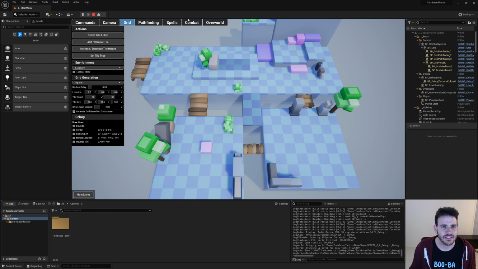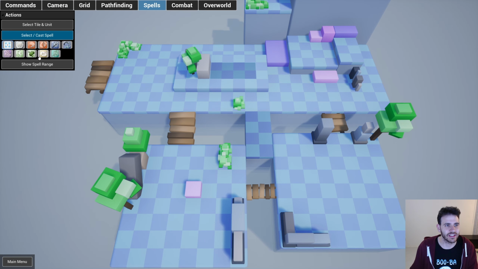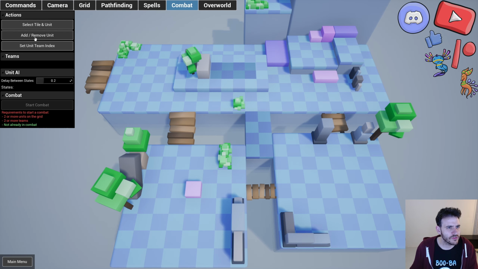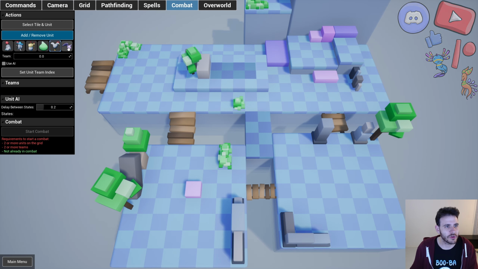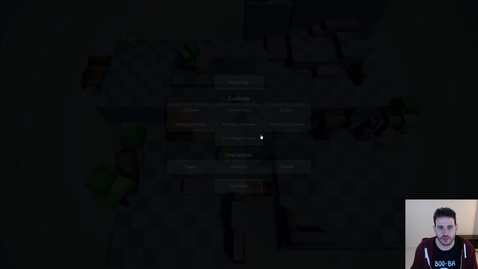And the other thing is inside the spells, I think. If I try to cast a spell, yeah, you can see that the buttons are pretty ugly. The buttons are not great here, so we have to fix that. I'm not sure if the units button, no, the units buttons are pretty nice. So that's good. Okay, I'm just going to go see all the other levels, making sure that the levels are